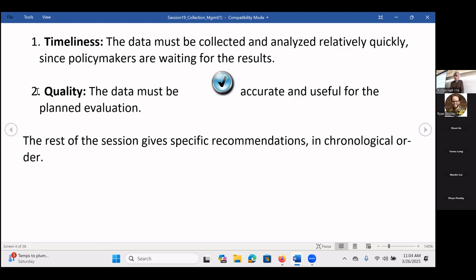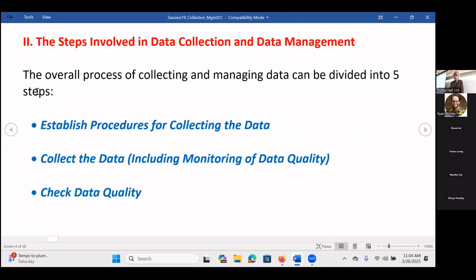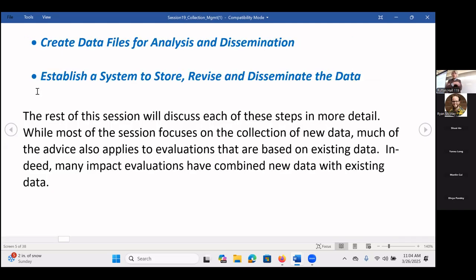Okay. Here we're going to go through in chronological order how to organize data collection. To take a big picture view, the first thing you do is set up procedures for collecting the data, and then you actually go out and collect the data, and then you check the data quality. So that's the big picture here. Oh, there's actually some more things here. After you check the data for quality, you're going to create files for analysis, and